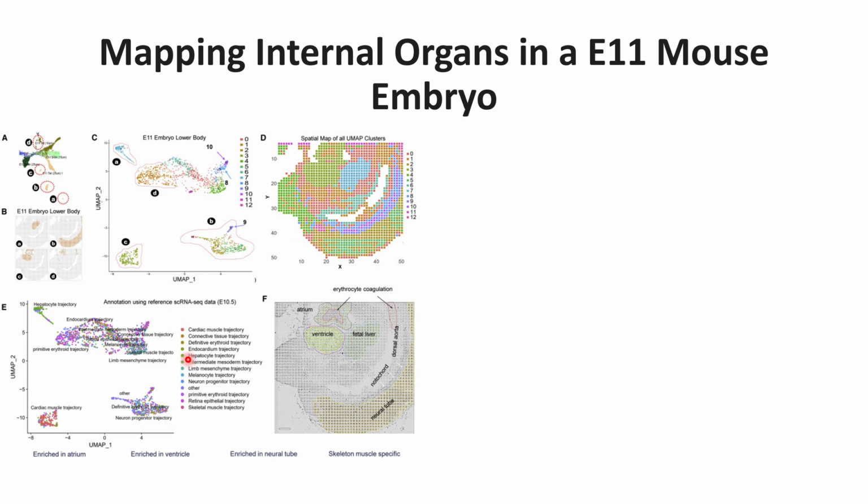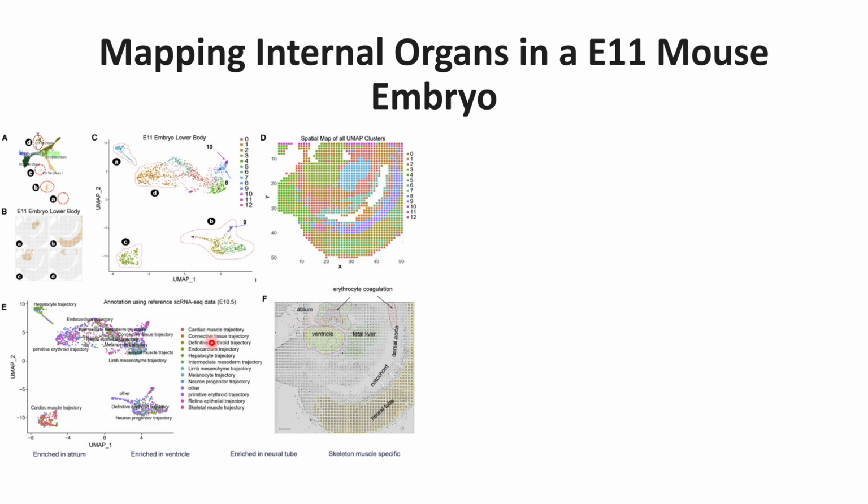And when they grouped based on the literature data and annotated this based on the scRNA-seq data, they can see that it can be divided into different trajectories, and finally they conclude that these groups that they clustered belong to different internal organs